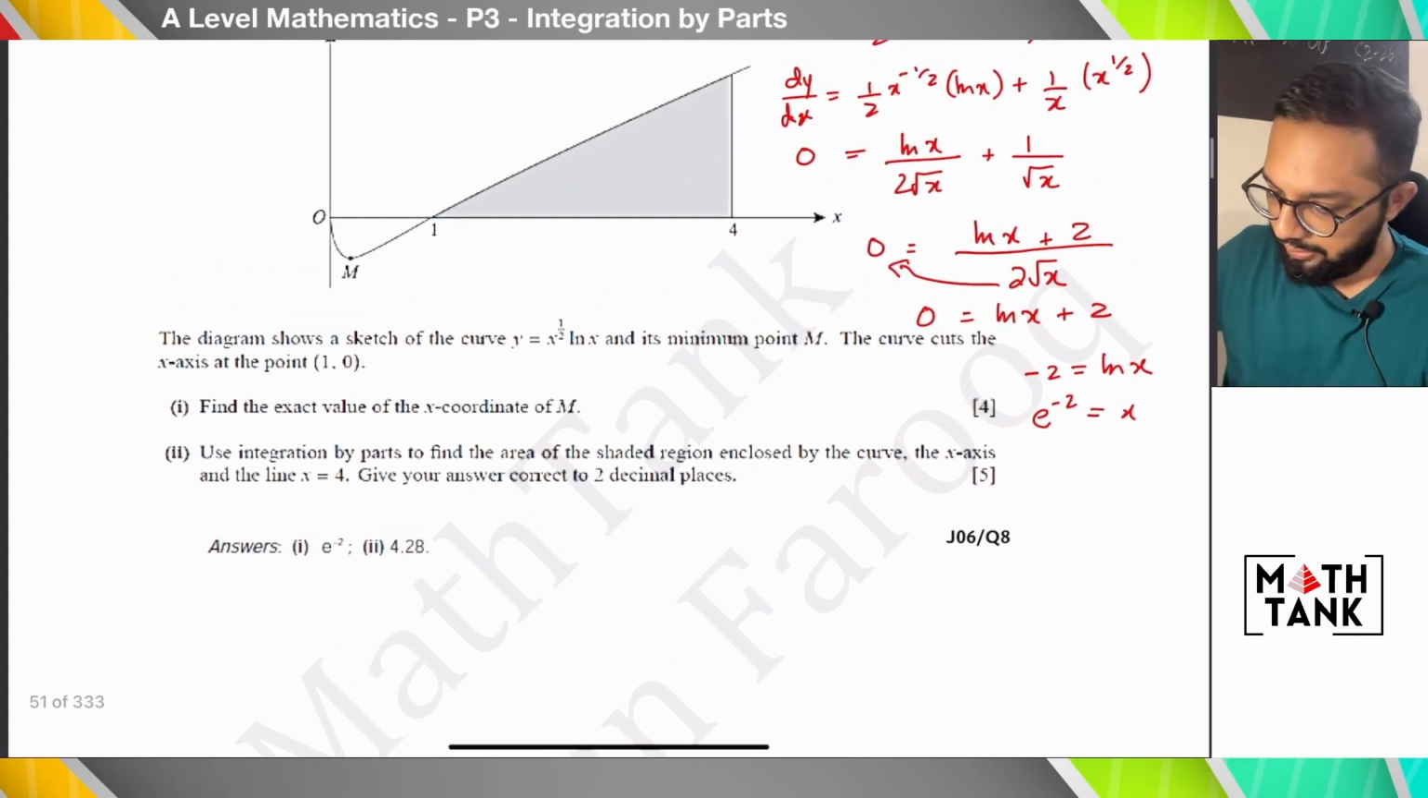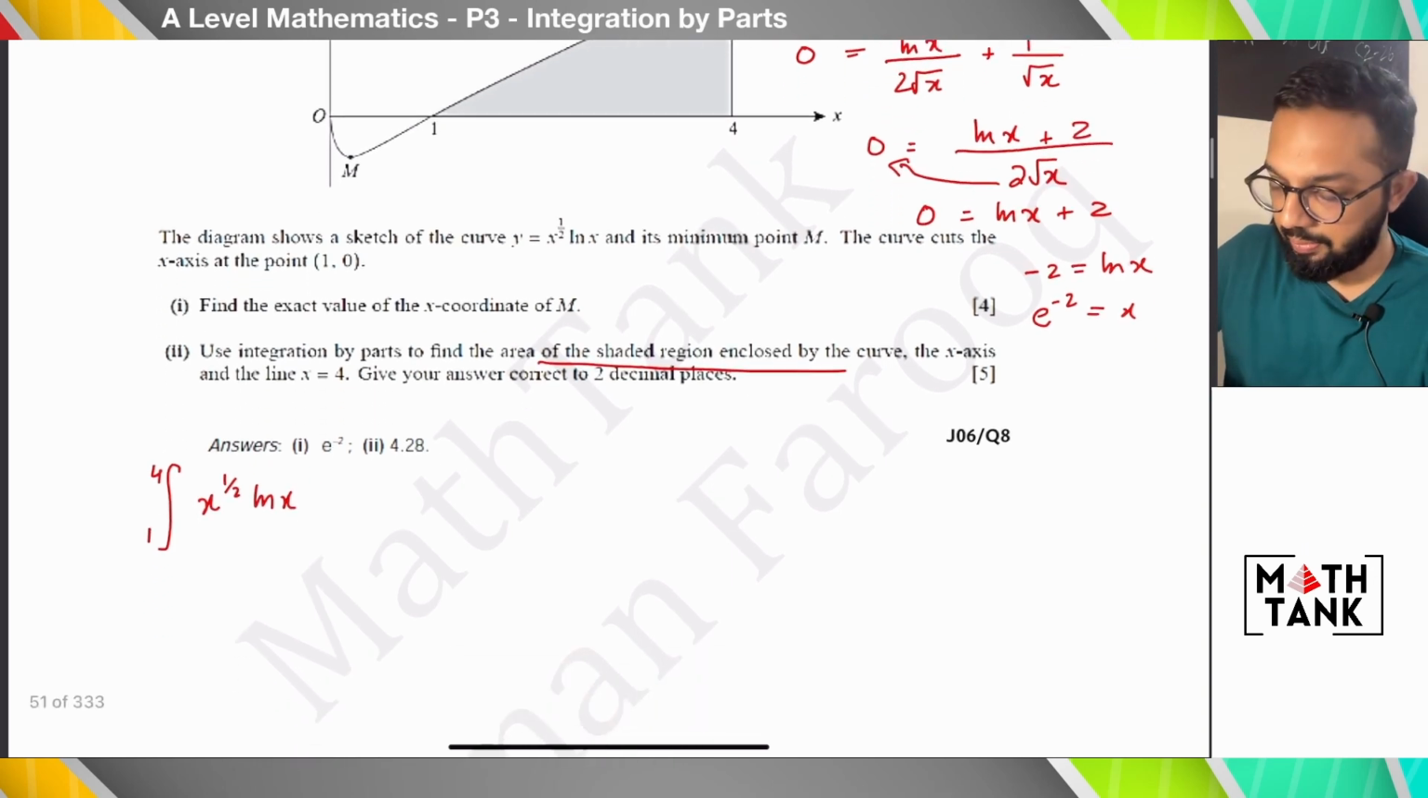Then it says use integration by parts to find the area of the shaded region enclosed. So I'm going to first write my expression. From 1 to 4, I am integrating x power half ln x dx. This is again an integration by parts. So this is integration by parts. I'm going to write